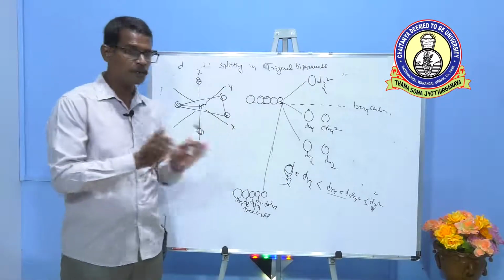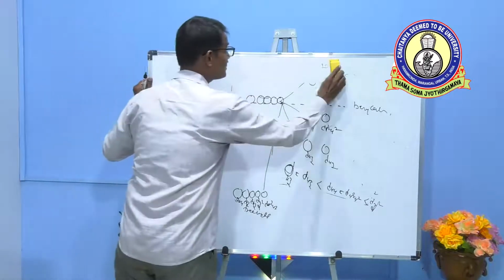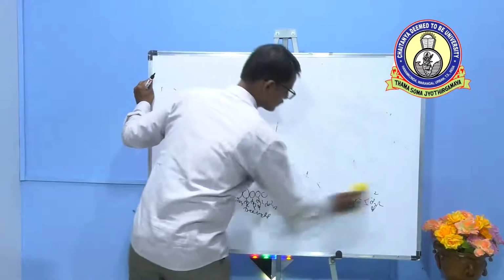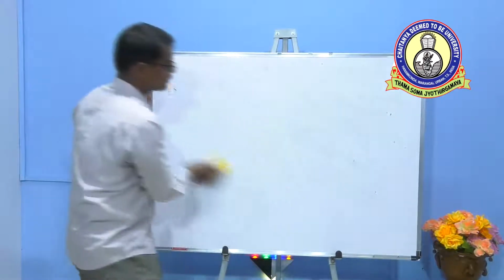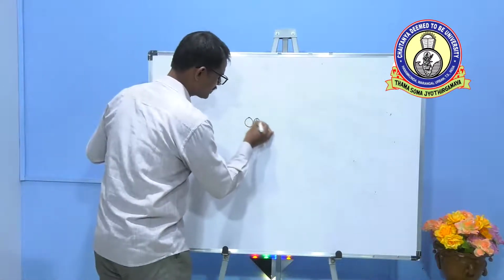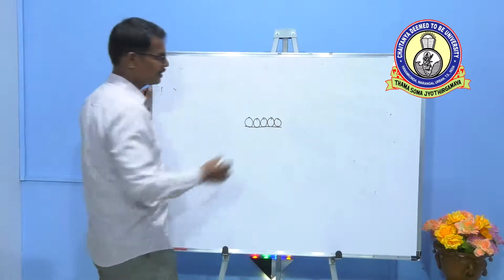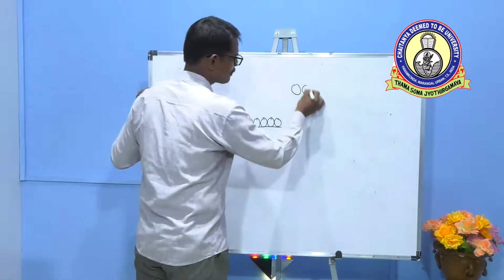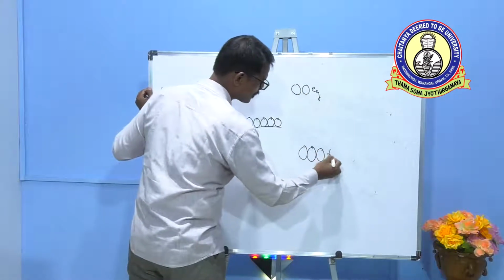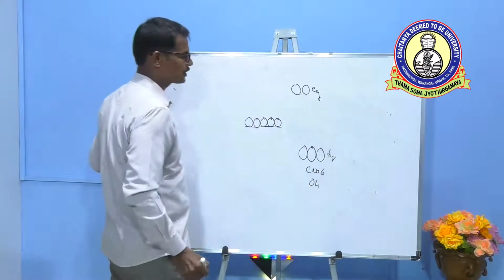Just before going to the conclusion, consider all the d orbital splitting in a single diagram. We can consider all the d orbital splitting energies in a single diagram. Just imagine this is a hypothetical energy state, meaning all are at the same energy. In octahedral, Eg orbitals are higher in energy, T2g orbitals are lower in energy. This is coordination number 6, octahedral geometry.